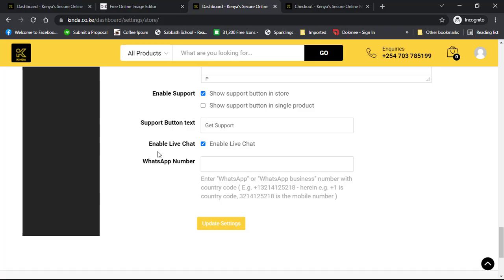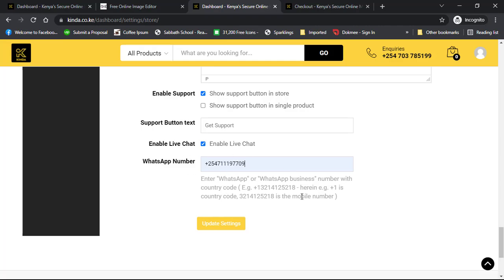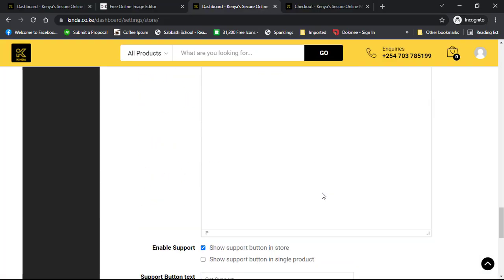allow for the live chat support like WhatsApp. So remember to give also the WhatsApp number when you checked on this, so the customer will be able to chat with you via the WhatsApp directly. Then update the